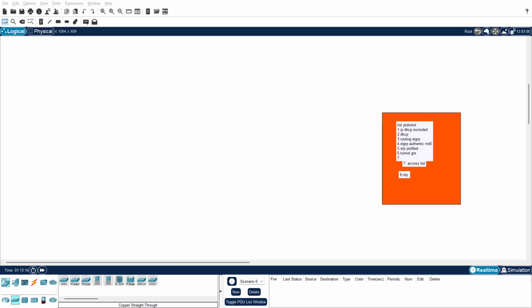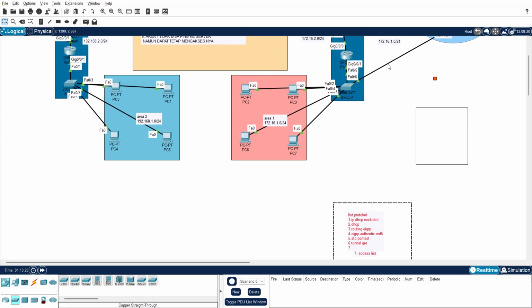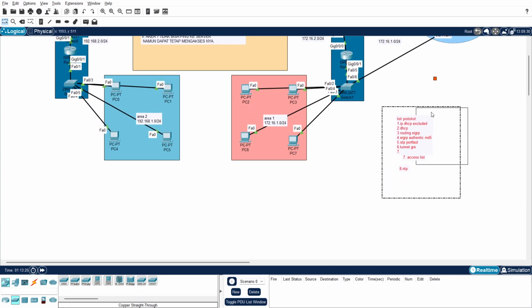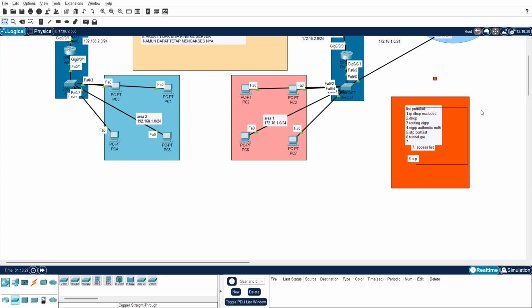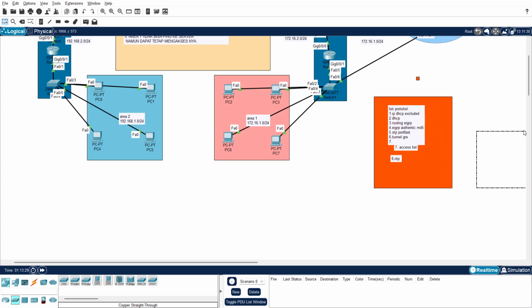First, I'll tell you about IP DHCP excluded. IP DHCP excluded is used for managing your IP DHCP addresses. Like in here, PC1, I use IP DHCP excluded in here.